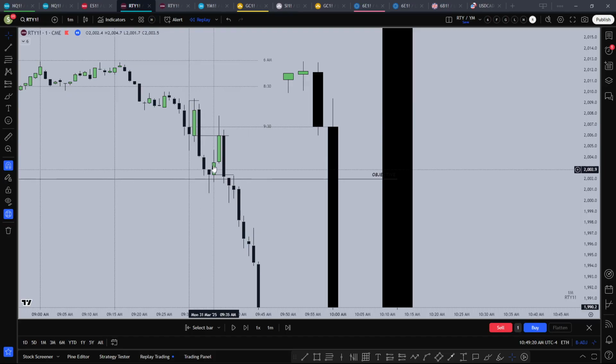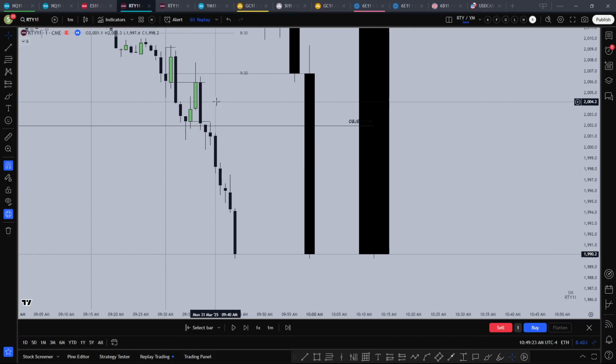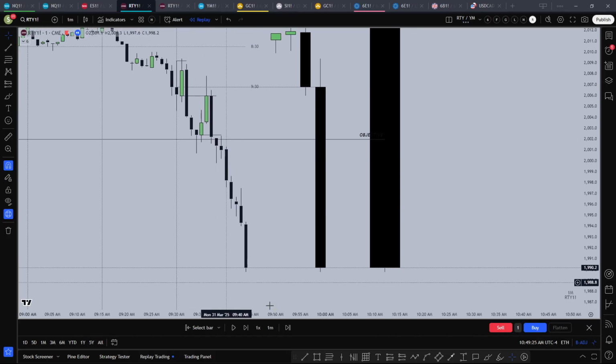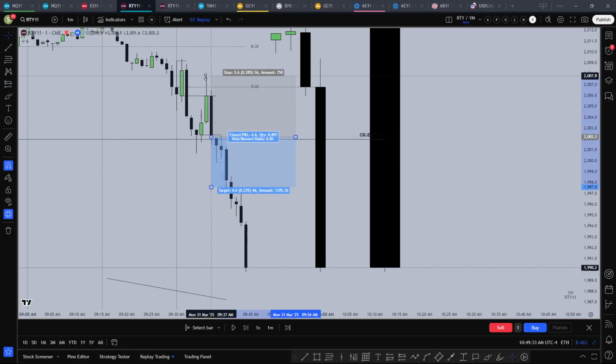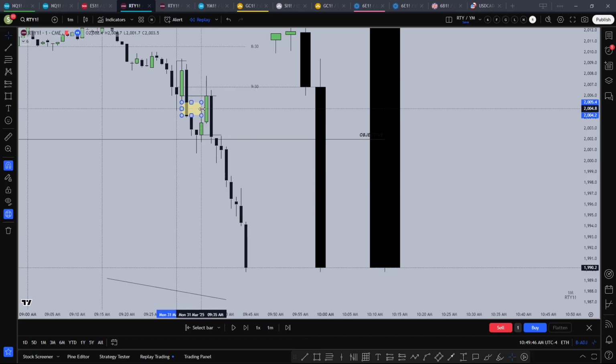RTY hits an objective, shows retracement back inside, but I am okay missing this because I don't know till where it can go, here, here, here, here. So even if I were to take this, like put up this, then 2 hour, I don't know if it would hit my 2 hour or not. Yes, I can see this move higher as a retracement respecting opposing candle into retracement objective, but no, I am okay.